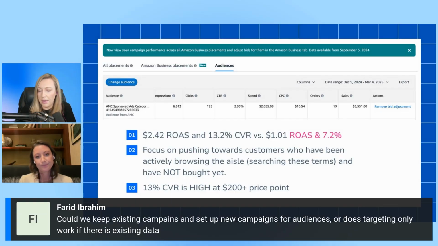All right. And then Farid asks, could we keep existing campaigns and set up new campaigns for audiences, or does targeting only work if there's existing data? We actually like to keep our existing campaigns running and not mess with them too much unless we want to improve the conversion rate. If it's not running incredibly well and we see an opportunity to improve, I'll apply an audience. In general, we do like to set up new audiences because, again, if you are making 700 different changes in your account and not tracking those changes, you're not going to be able to correlate an action to an output, right? So we like to create these new campaigns so that I can name them AMC,